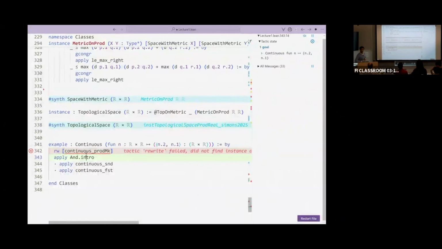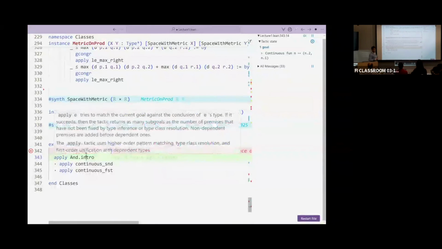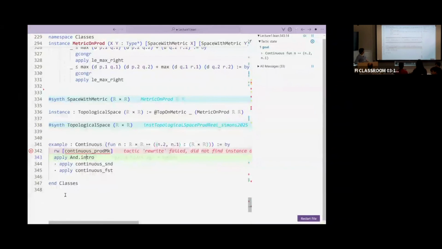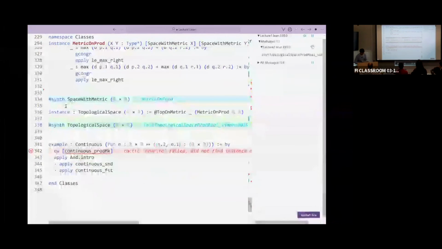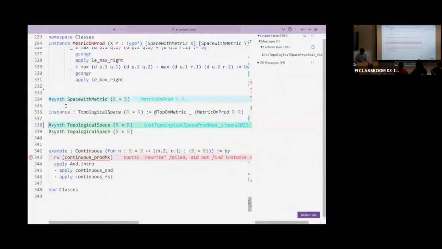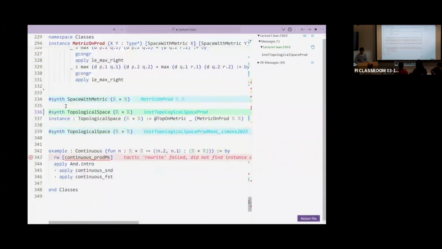So this happened because, if I understand correctly, on line 336, when you write that instance statement, you're overriding something that's already there. Is there a way to know when you do that, that you're overriding something that's already there? What I can try is to do synth before, so I can see the fact if I copy this line before 336,